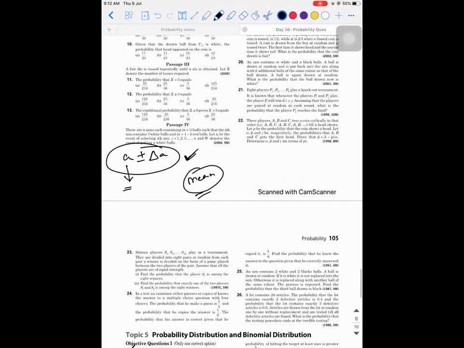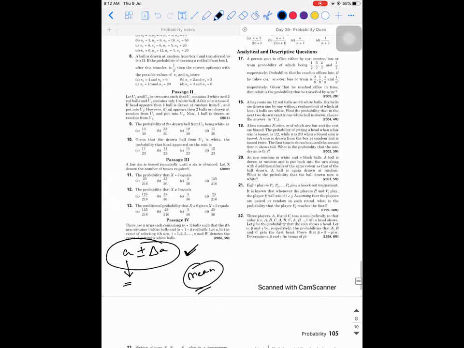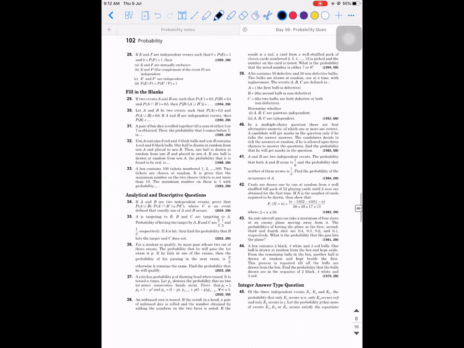So I wrote a formula for variance. Now, what was it? Can you guys tell me? Mean is equal to the sum from 1 to n of xi into pi. Generally, when you apply the same formula in statistics, you write xi into fi divided by capital N. Do you remember this? Yes, sir.